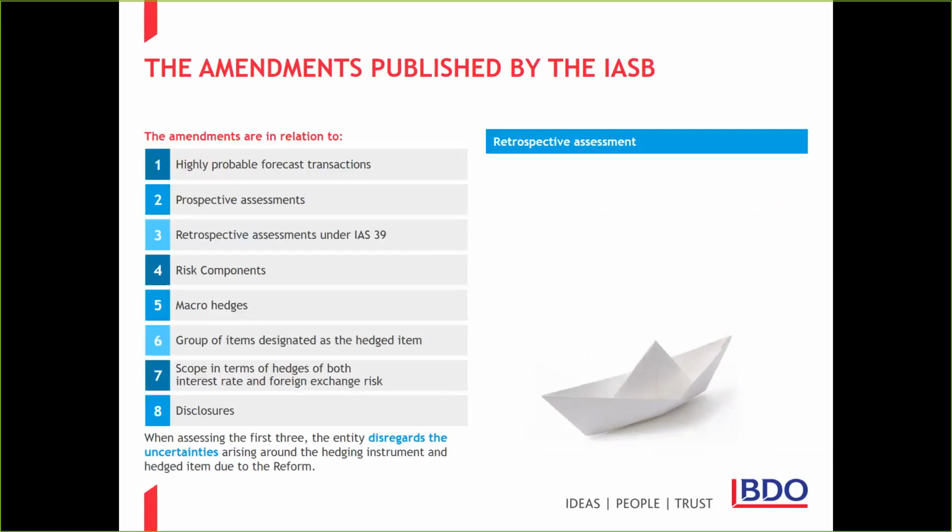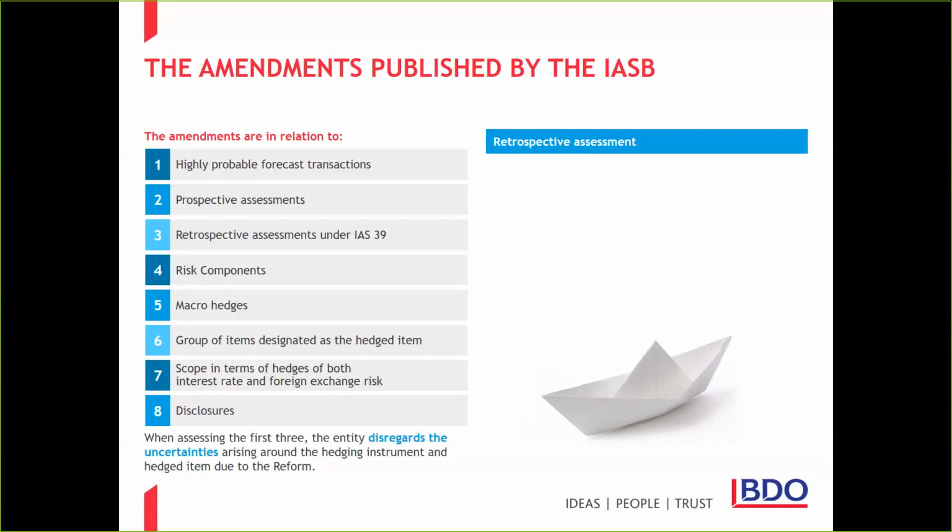In terms of the first three items in the list above, one disregards the uncertainty relating to the InterBank Offered Rates when assessing the probability of forecast transactions and performing prospective and retrospective effectiveness testing. To be clear, none of these amendments are applicable to the alternative risk-free rates. IAS 39 and IFRS 9, as they stood prior to the amendments, apply to hedge accounting where, say, SONIA is